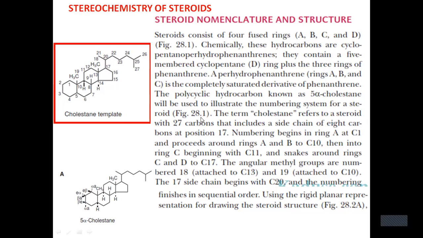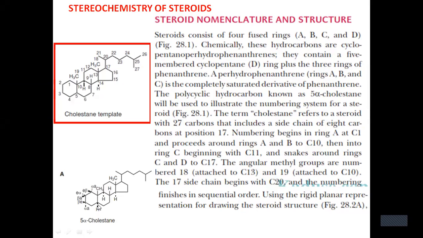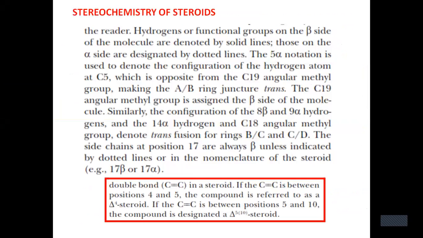Okay, so cholesterol is shown here as the example. Alpha means these dotted lines below the plane, where the hydrogen is attached, so it is alpha. Beta means it is dark lines. Beta equatorial, beta axial, equatorial, axial, alpha hydrogen. So this is alpha hydrogen again. This is again alpha hydrogen. In this way, you should be able to discuss the conformation of this one.